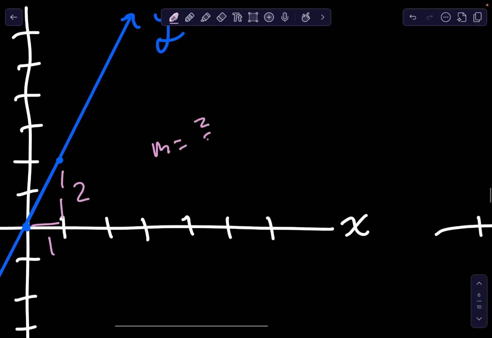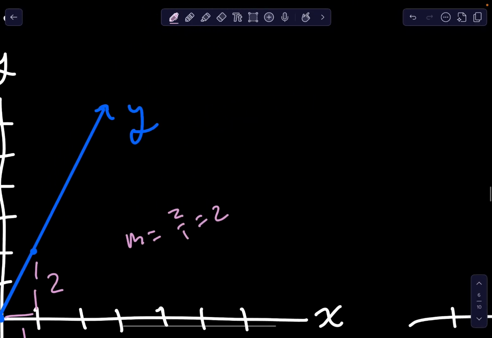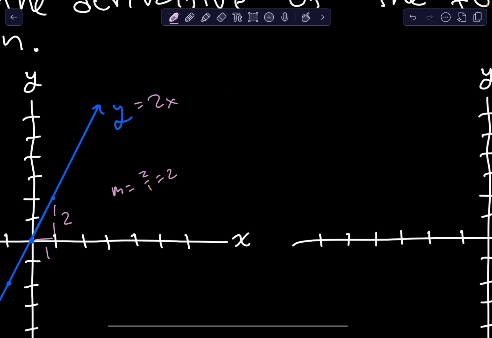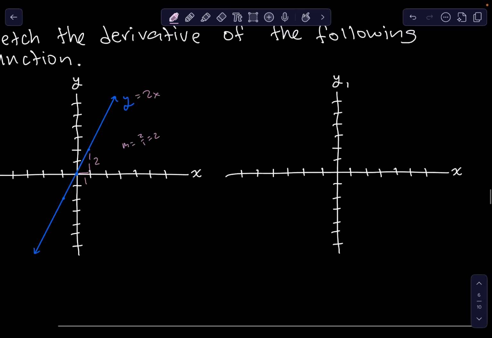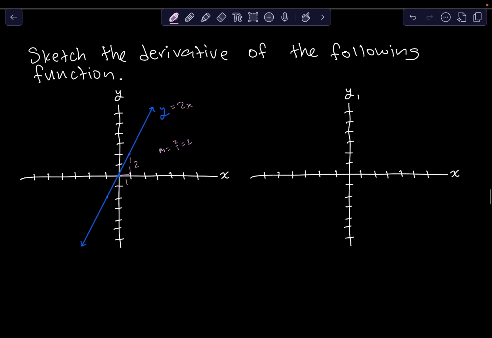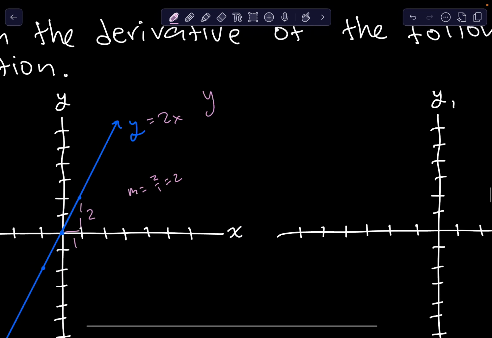2 over 1, technically. That equals 2. All right. So we can say that this line is like 2x. That's not too important, but this is an important point to understand. So if we remember, y, or rather the derivative of y,